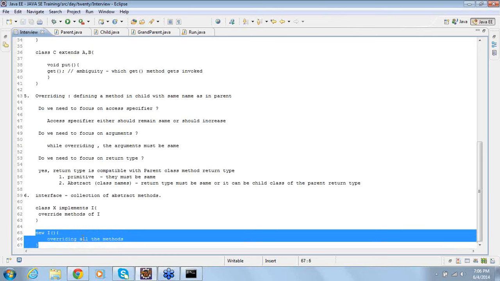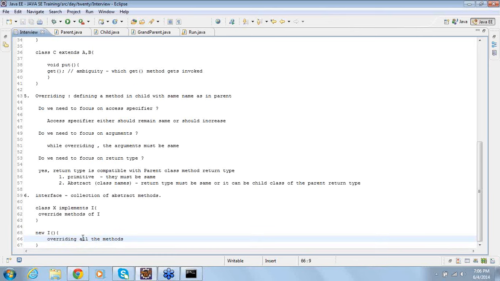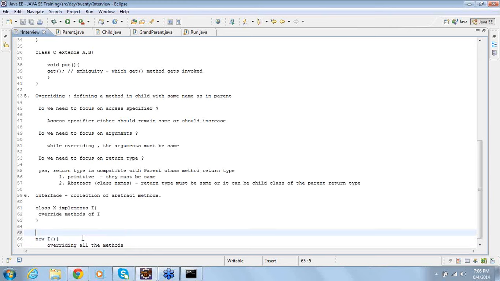Now what happens? Whatever methods you define here will be of use only till this point. You cannot use them later. So that's the reason we call it anonymous implementation. You define them at the point of use.